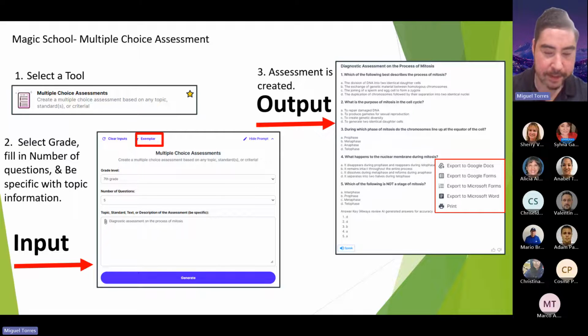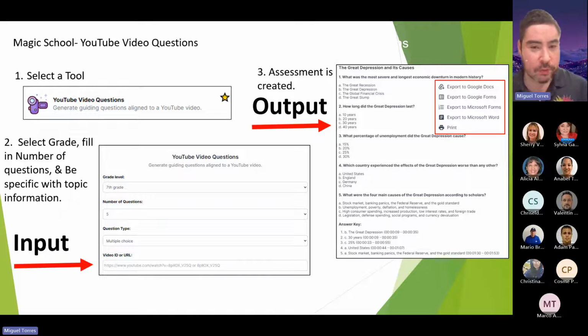You get to change it by grade and number of questions. I just showed you the exemplar, and it's going to give you these questions, but you want to make sure that you're putting in the TEK that you're using. If you're teaching US history like I am this semester, I'm going to put in the exact TEK that I need my students to master that I've just gone over. And if I'm exporting it to Google Forms and I'm seeing that the students are getting them incorrect, then I have to think to myself, maybe I need to reteach something. So I would suggest you just put in the exact TEK. And I'm going to show you how to put in the exact TEK using our TEKS resource system in just a minute.